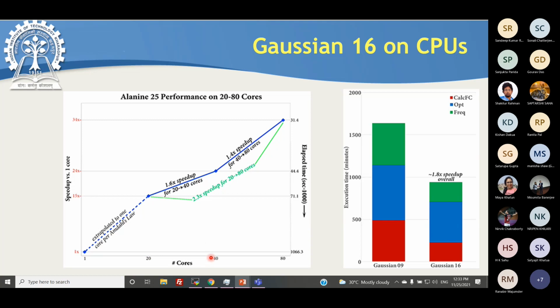For 40 processors they have 24x speed, and they tested it with that molecule. If you are using 80 processors, your speed is 34x, which is less than half. If you use 40 processors, you will not get 40x speed, you will get 20x speed. If you are using 20 processors, you are not getting 20x speed, you are getting 15x speed.